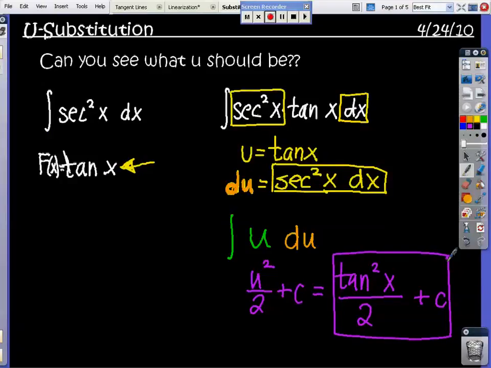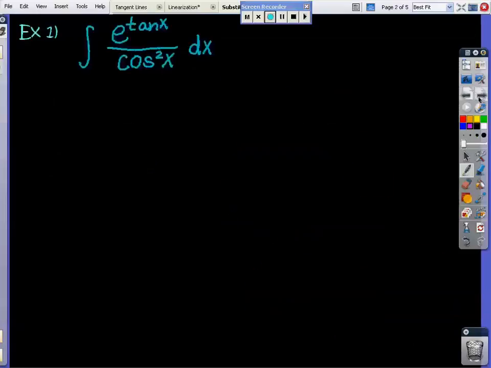So now we're looking at the integral of e to the tangent of x over cosine squared of x dx. So let's look at some things. I know that this divided by is going to be an issue because I can't do a quotient rule for integrals. I also don't really have a chain rule for integrals. And so right now my issue is that I have a tangent of x and I also have a cosine squared of x. Well, in my mind I'm thinking, tangent's derivative